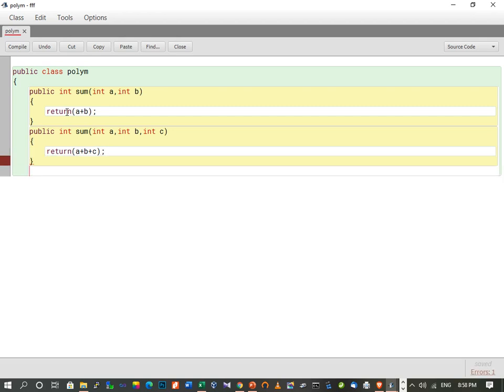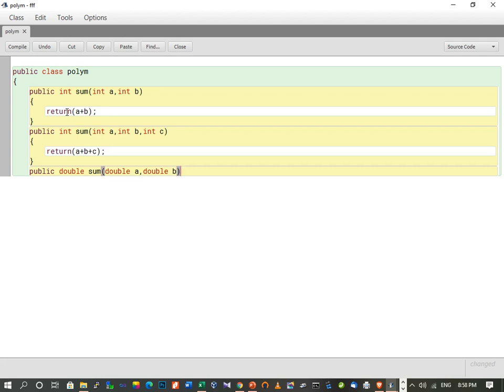Now the next function has the same name, but here we provide a different data type. So public double sum, and inside this I am providing double variables, double a comma double b.